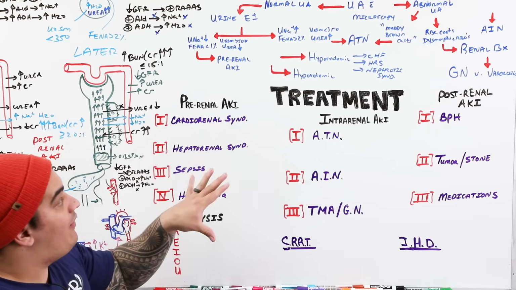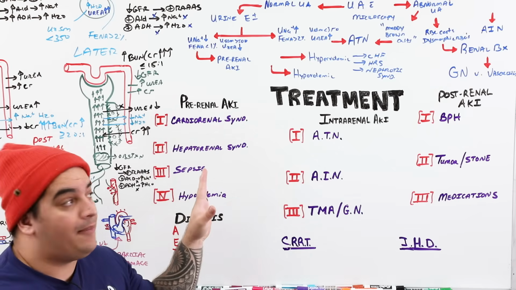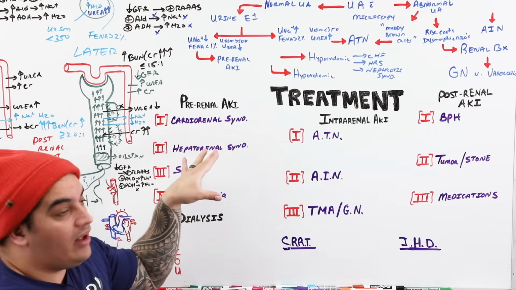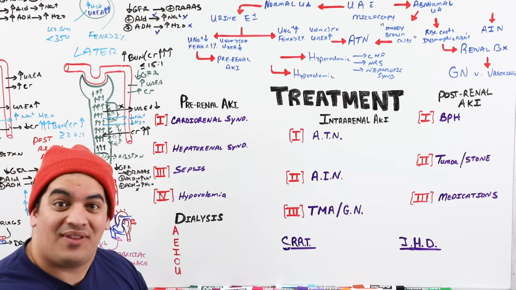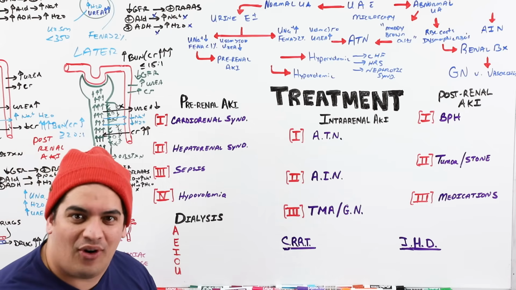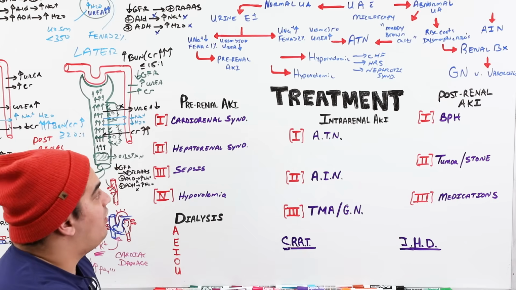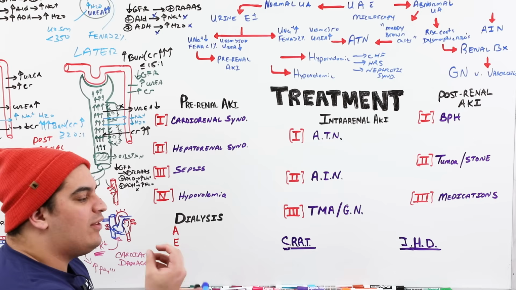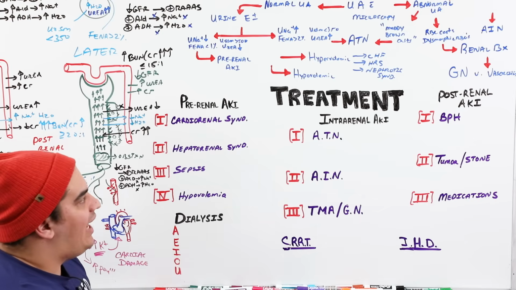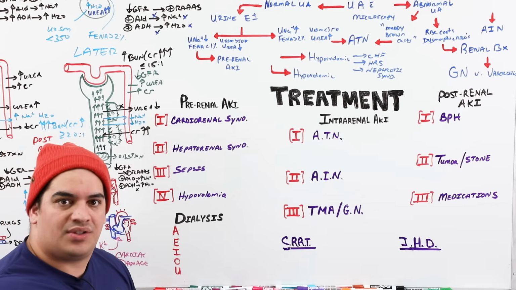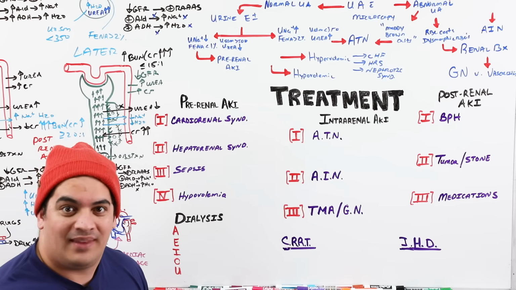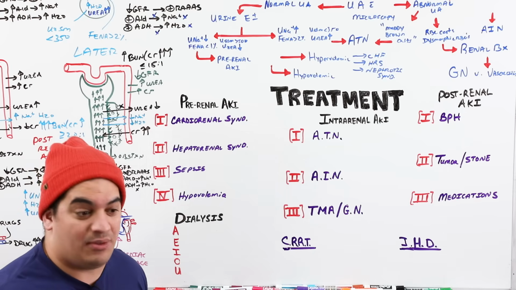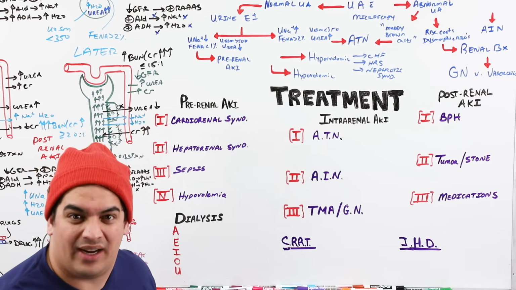So let's say that I have a patient who I suspect has a pre-renal AKI, right? And I know that they have an underlying history of heart failure, they have signs of heart failure, particular physical findings of heart failure, and they have a low ejection fraction. If that's the case, then I know that this person would not respond to fluid. That would actually maybe even make them a little bit worse. It would cause them to maybe develop a little bit more pulmonary edema.